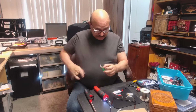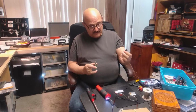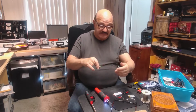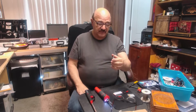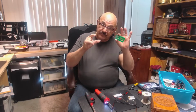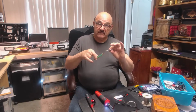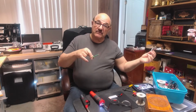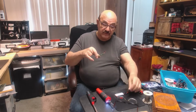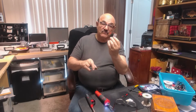So I decided I'm going to take the female portion and stick it on here for testing purposes, solder it on, and then test the unit, maybe charge it up and test the unit, charging it here, okay? But then the way I'm putting this together is not the way it was here. Here it was hardwired in, okay, and you couldn't take the battery off. So I disconnected the 2 wires from the battery, from the board wires, so that I could add a battery pack with the male or female